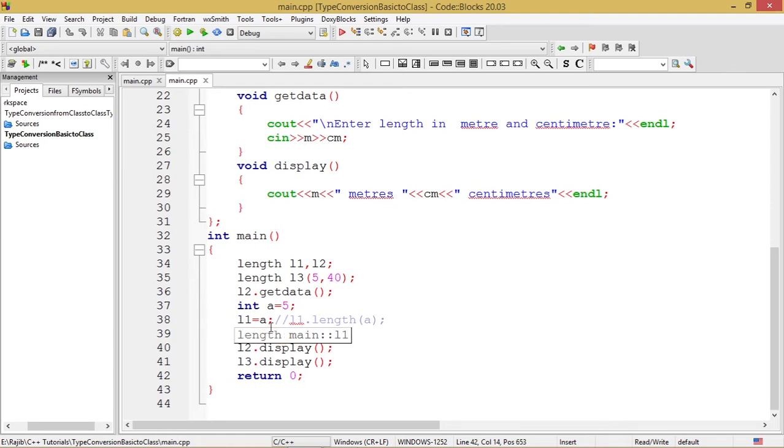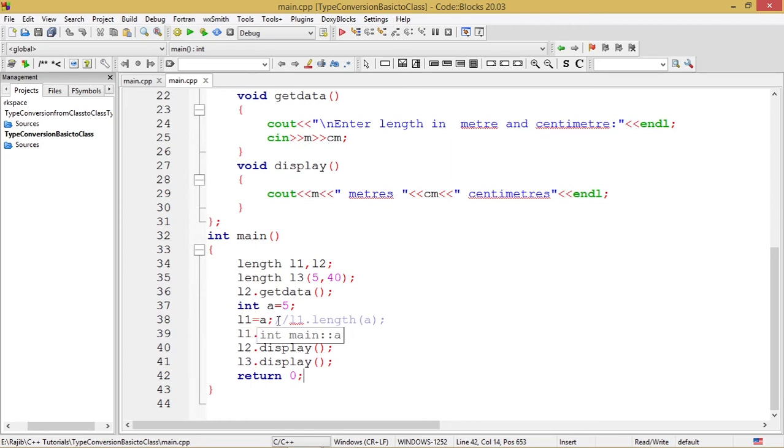And we have assigned an integer value to an object of the Length class. How could we do that? That is the concept of type conversion. We can convert this basic data type, that is the integer data type, into the class data type by way of this sort of implementation.